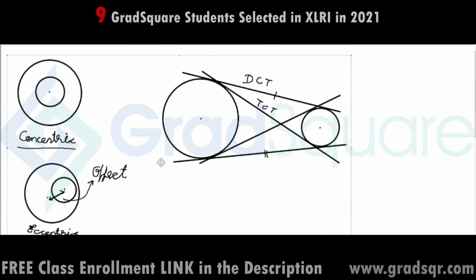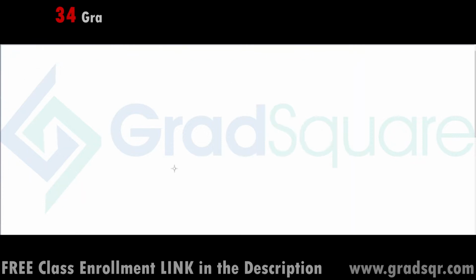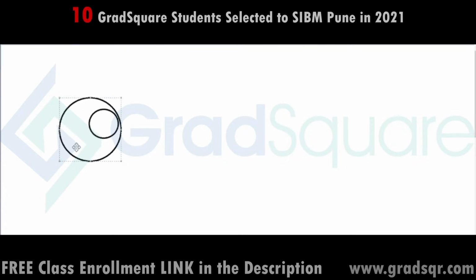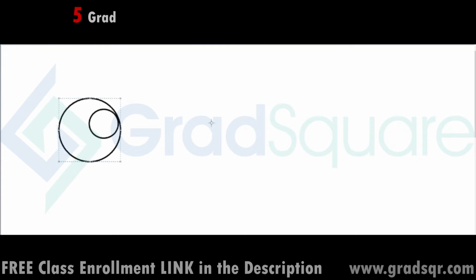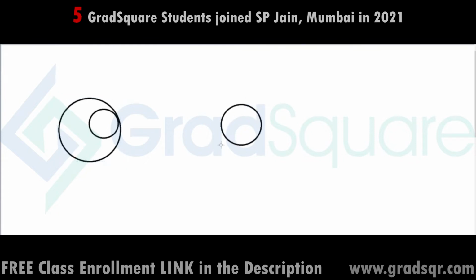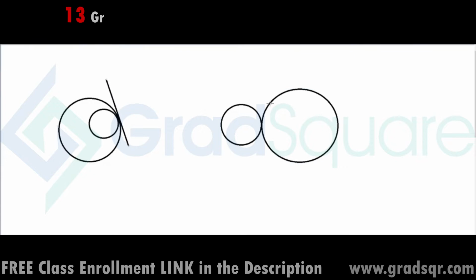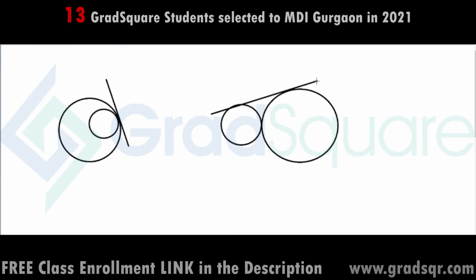The second way in which 2 circles on a plane can interact with each other is when they are touching each other at exactly 1 point. Now, even this can happen in 2 ways. Why? Because either the circles can touch each other internally like this, or they can touch each other externally like this. Now, in the first case, of course, I can draw 1 common tangent. And in the second case, I can draw 3 common tangents.